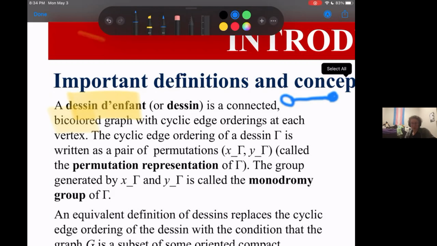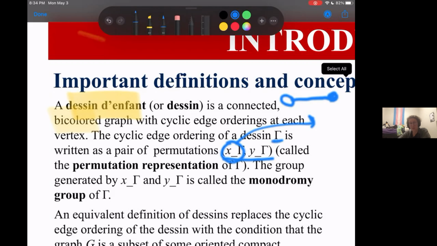So ultimately, the cyclic edge ordering winds up being something that we can represent as a pair of permutations. So this will be X gamma, Y gamma. And we call this the permutation representation. So X gamma